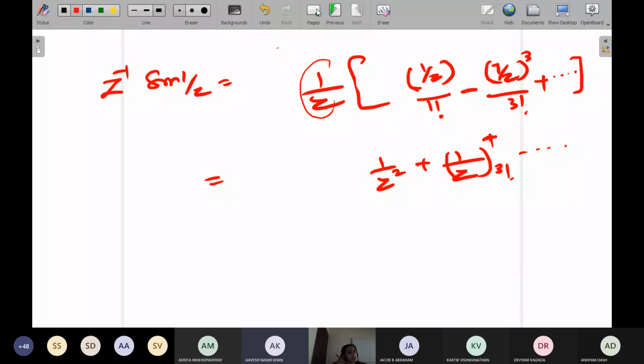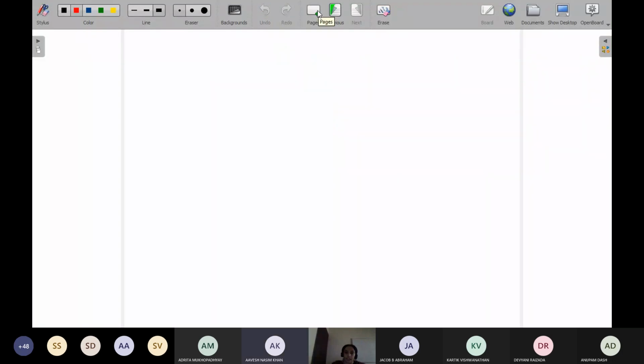Actually, the Laurent series expansion should have both the principal part and the regular part. Here, the regular part is missing. Though the regular part is missing, it is a Laurent series because you have negative powers of z. That is the main definition for the Laurent series. Even if only the negative part is there, it's okay. The negative part should be there, at least minimum one term. Then only it is a Laurent series. Otherwise, it will become a Taylor series.